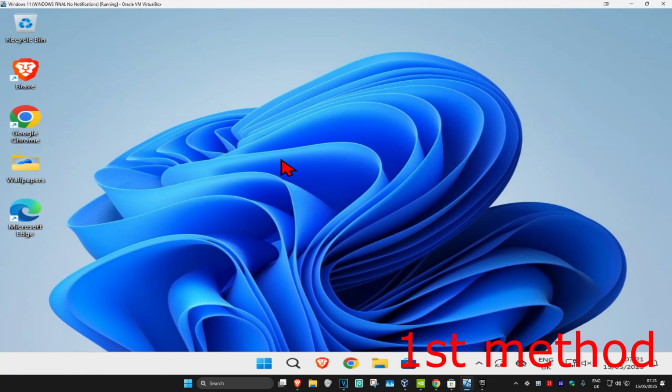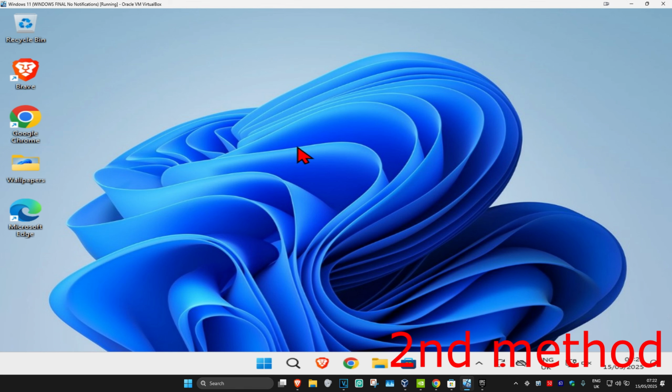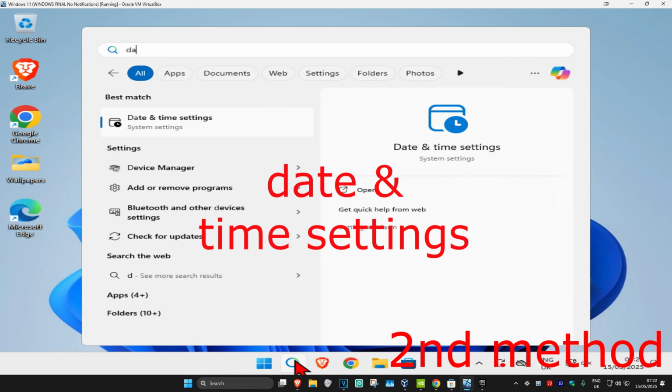So guys, for the first method, if you're using a VPN or proxy, then you want to disable it. See if that works. For the second method, you're going to head over to search and type in date and